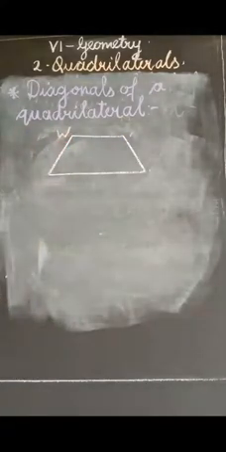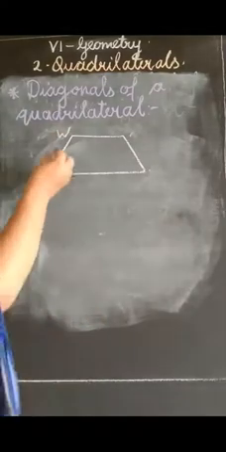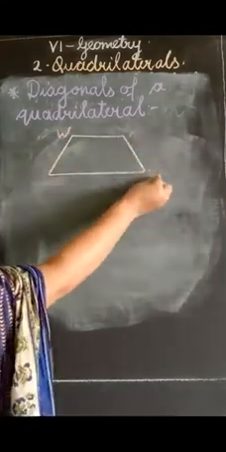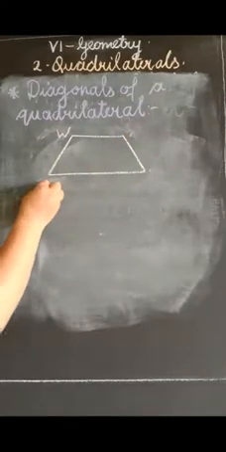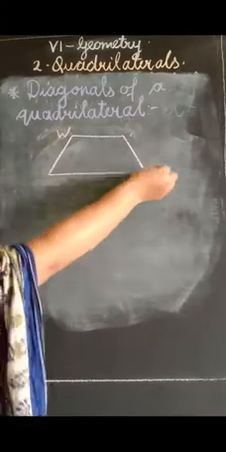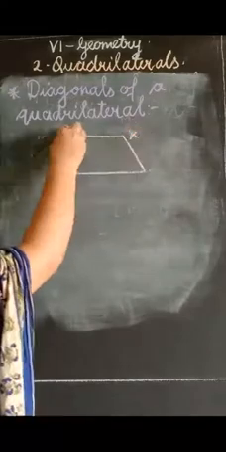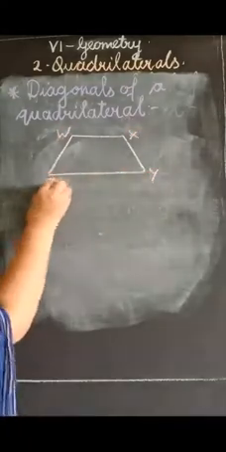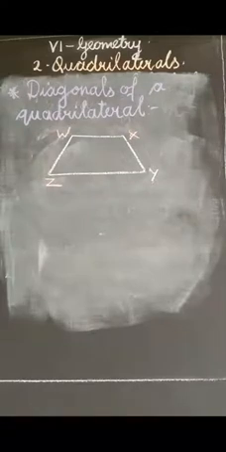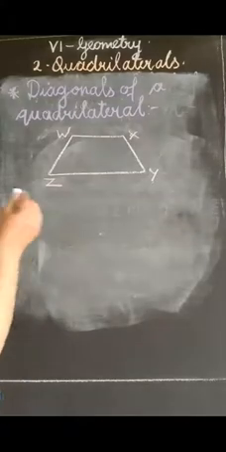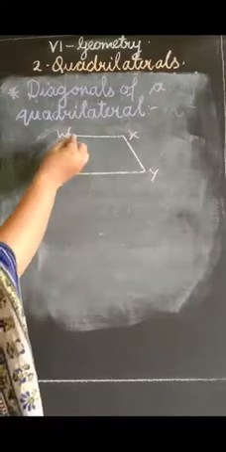Suppose I want to name it WXYZ. So I will write here WXYZ. Okay. Or I can write WXYZ. So I am naming it WXYZ in clockwise direction. You can also name it in anti-clockwise. Okay. Now after naming, we will find out what the diagonals of a quadrilateral are. Now I am drawing a line segment, which will join opposite angles.